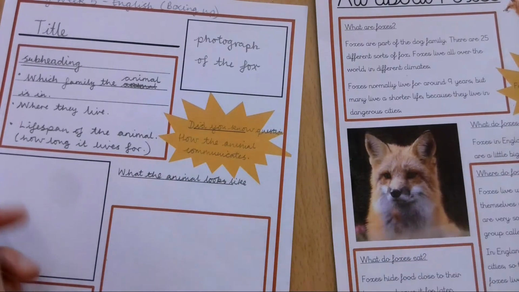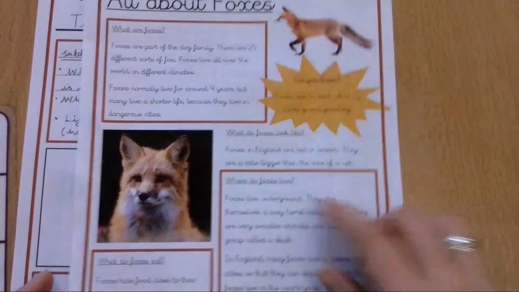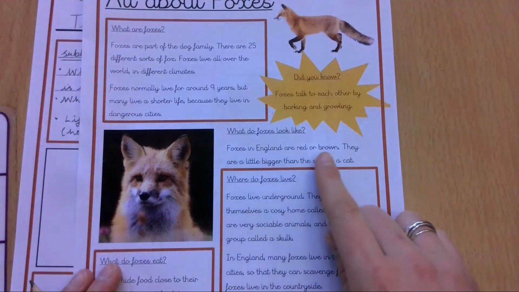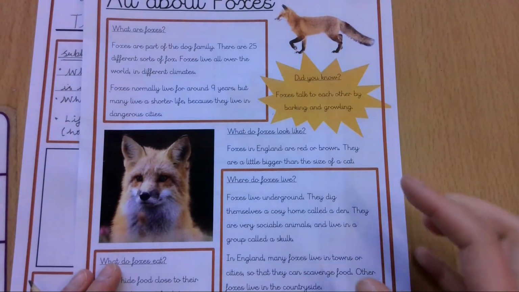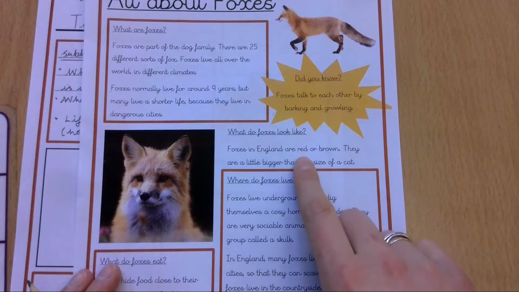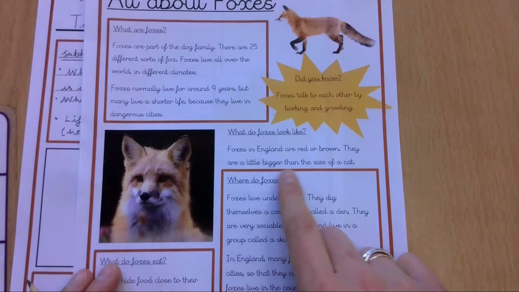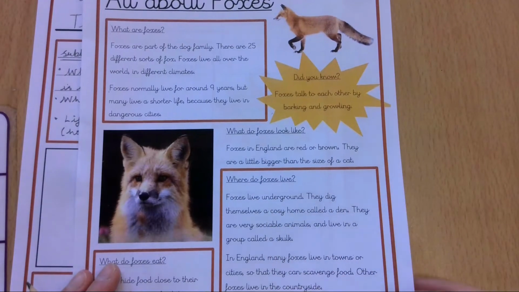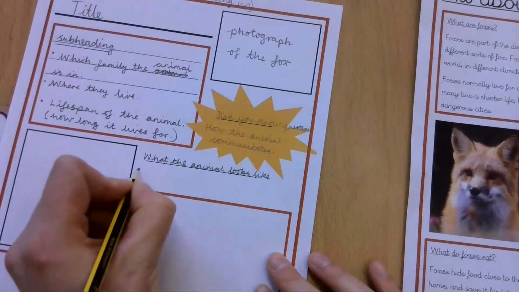And then we're going to have a look. What does it tell us? It tells us what the animal looks like and how big it is. So we've got foxes living in England are red or brown, that's what they look like, and they are a little bigger than the size of a cat, so how big it is. So my first point,